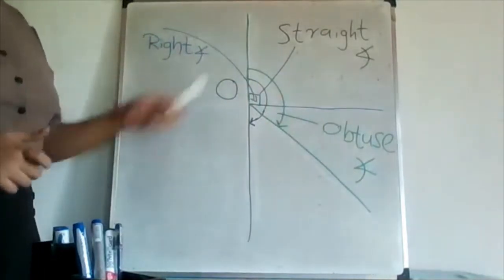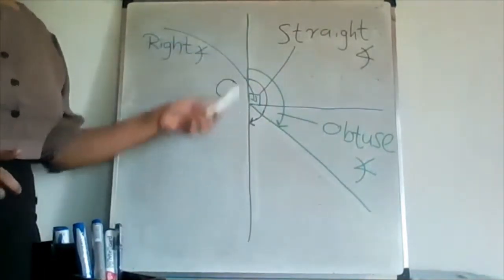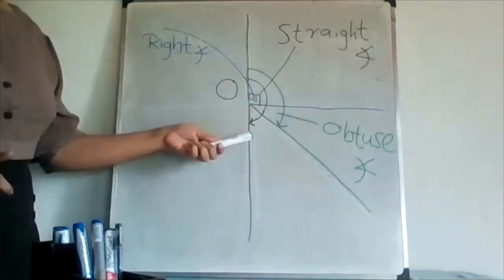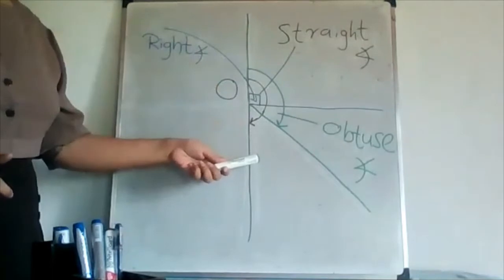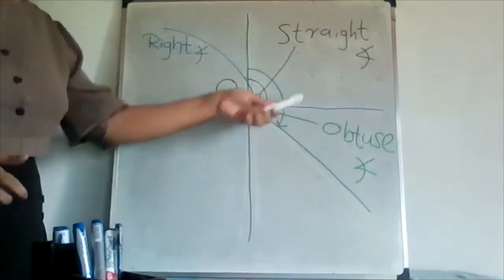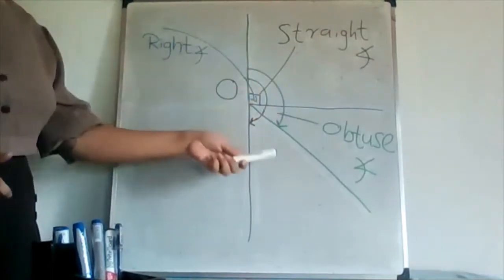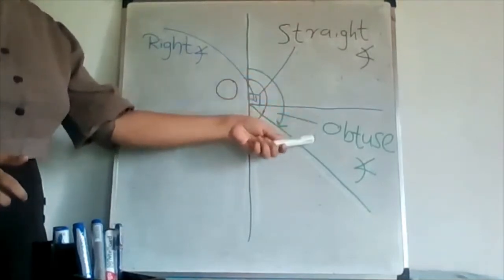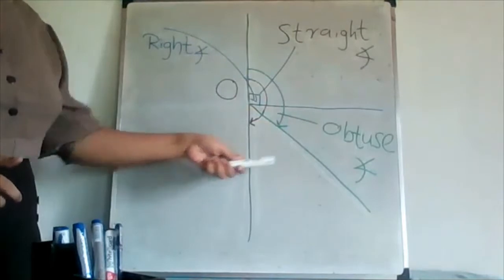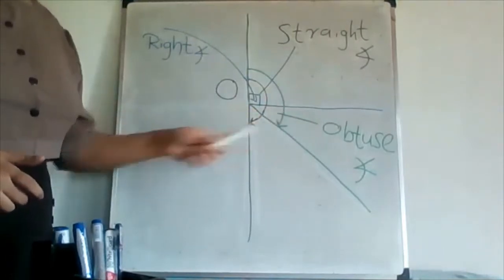So if an angle is drawn on a straight line, that is called a straight angle. If that straight angle is divided into two equal halves, those angles are called right angles. And if some angle is greater than a right angle and smaller than a straight angle, that angle is called